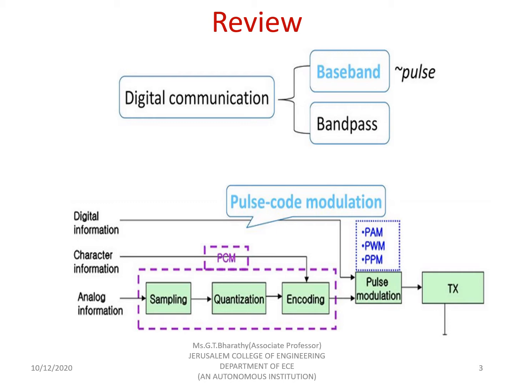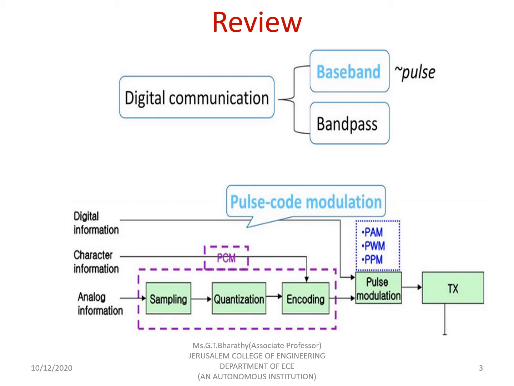If the information is going to be digital information, directly the input will be given to a pulse modulator. Different types of pulse modulation that are available are pulse amplitude modulation PAM, pulse width modulation PWM, pulse position modulation PPM. If the input is going to be character information, then that input will be given to an encoder, and then it will be given to the pulse code modulation. There are different types of encoding that we have discussed in Unit 1. For example, Huffman coding and Shannon-Fano coding are some of the source encoding techniques available for performing the encoding